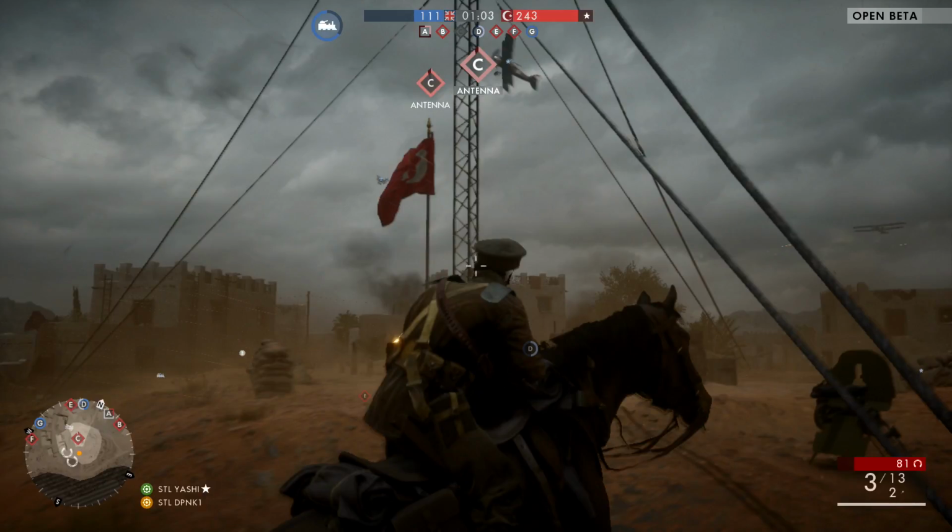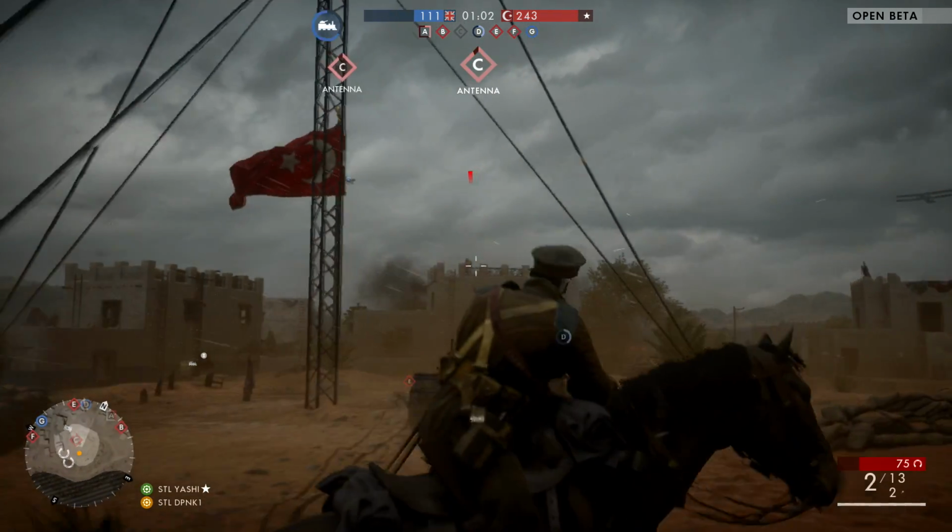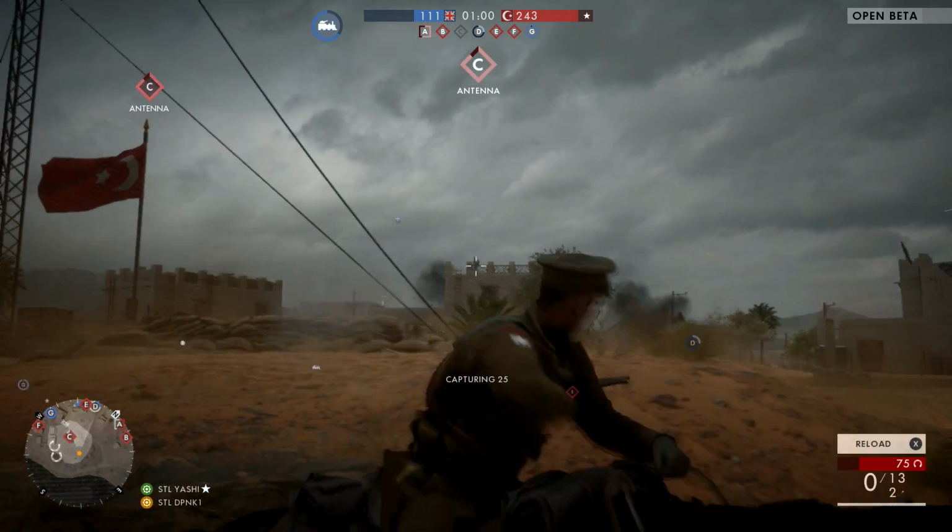Moving on to the last tip I want to tell you guys, sniping on a horse is extremely overpowered. Your aiming reticle is very small and it's very accurate. This clip I'm about to show you is going to show you how ridiculously easy it is to snipe somebody from a pretty good range. As you're about to watch me annihilate this guy on top of a rooftop,